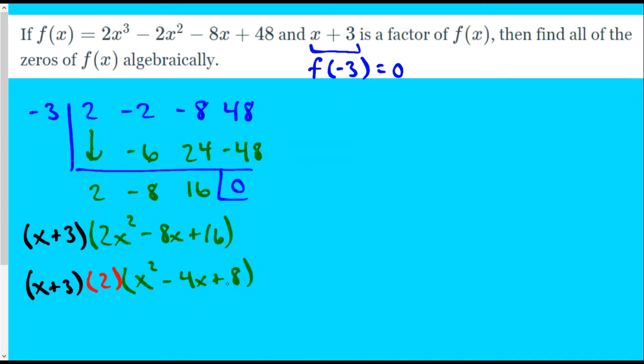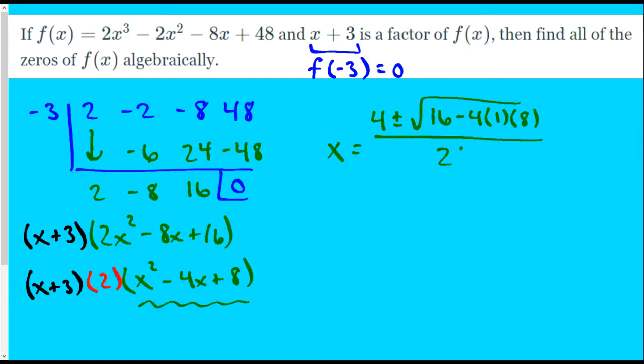So are there factors of a positive 8 that add up to negative 4? Not really, okay? So I couldn't exactly go through and factor that, but what I can do is your favorite thing in the whole wide world. I can use the quadratic formula. So for this part over here that's just in green, I'm going to have x equals negative b, which is really positive 4, plus or minus the square root of negative 4 squared, which is 16, minus 4 times a, which is 1, times c, which is 8, and all of that is going to be over 2 times a,